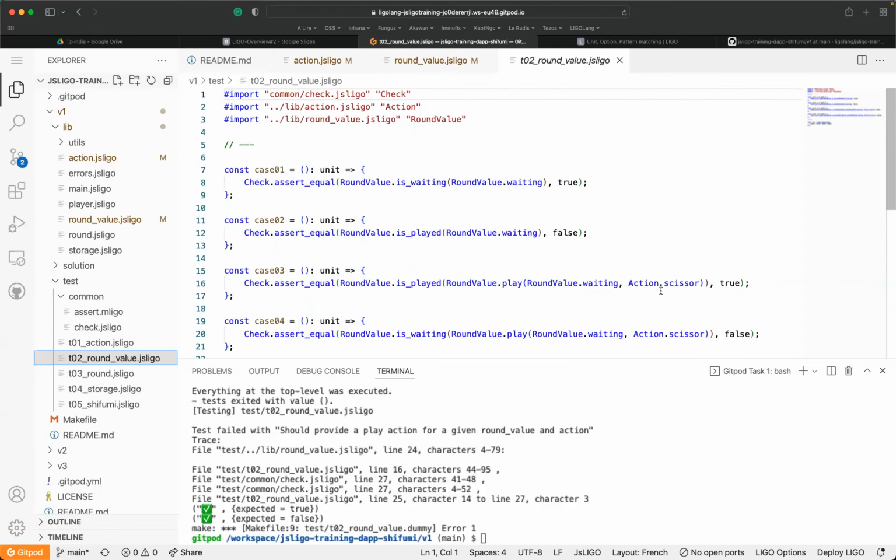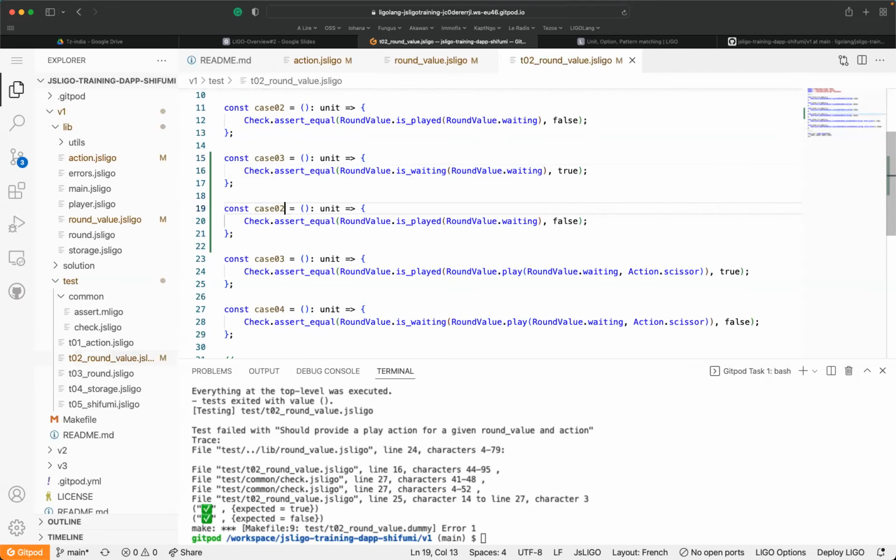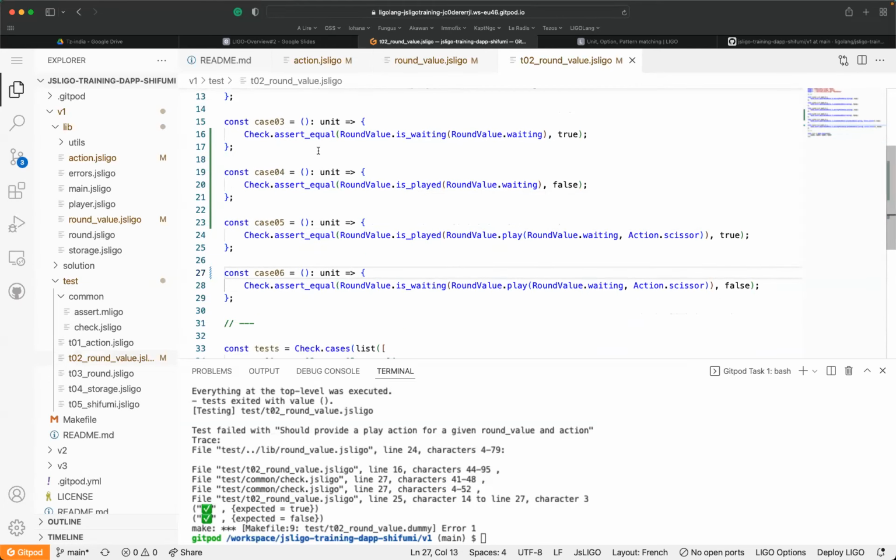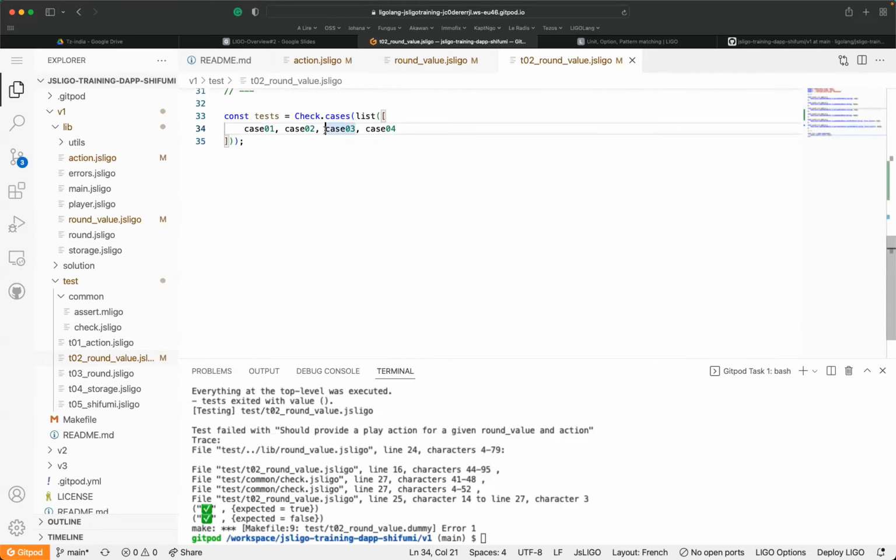So I'm going to call them 3, 4, 5, and 6. I'm just going to add new tests. So I'm not covering all the cases, and this is not normal. I'm just doing this to increase the number of tests.